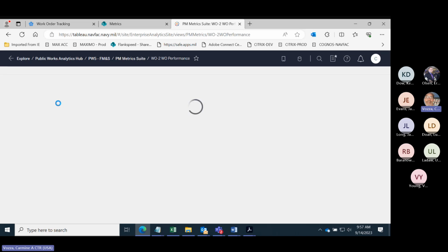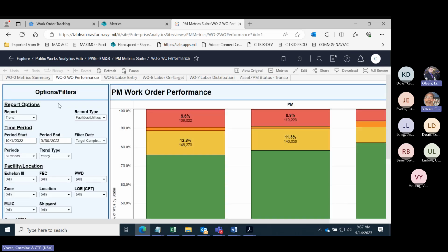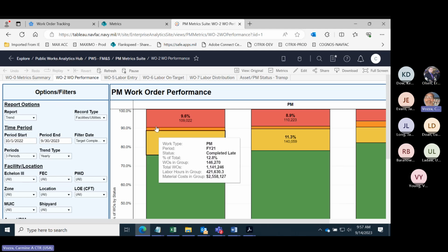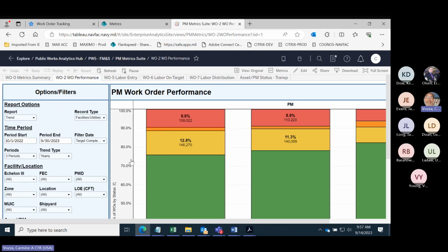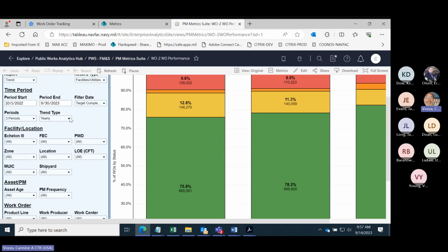If I look at routine calls, which, to me, after looking at reports and being around a while, routine are the ones that just keep getting shoved back. They just keep getting shoved because we focus now on PMs. We've got emergency work now. Routine, you can do the same report on routine work, but